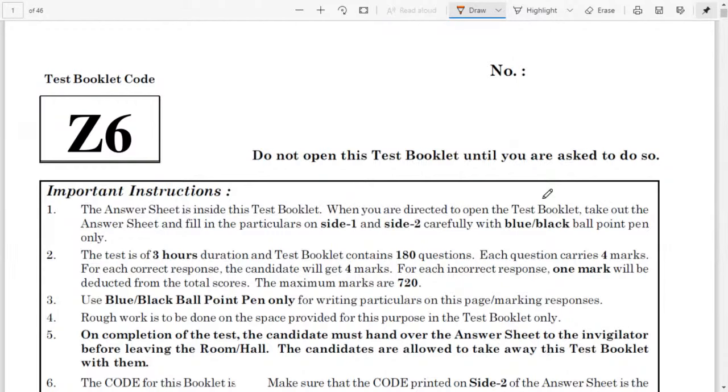Dear students, today we are going to solve the NEET 2020 phase 2 question paper. This test was conducted on 14th October 2020 for the students who were absent on 13th September 2020 because of corona or any other reason. I have taken this booklet code of Z6 from the NTA website. As you know,